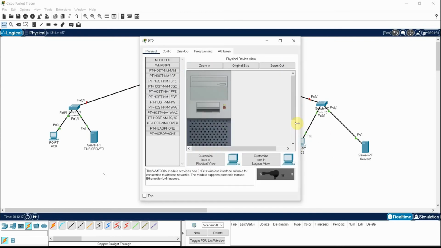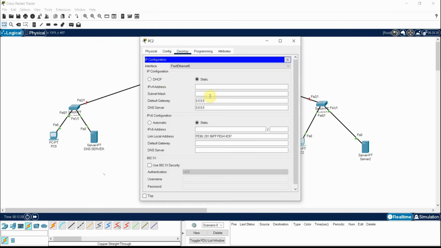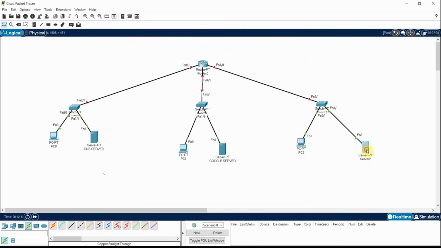Now let us configure this as, let us keep it as 30. Okay, 192 dot, this should be 30. Okay, let's copy this. Let them be 30.1. Okay, then 30.1, and let this be,